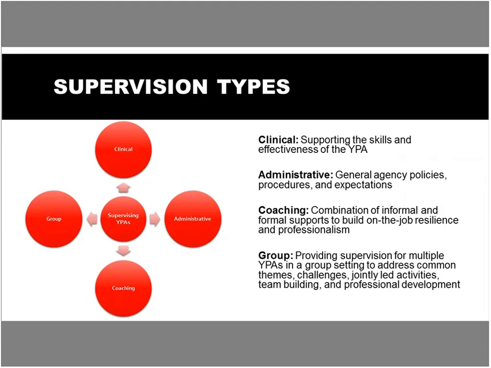All right, so we've set the tone or foundation for considerations. Supervisors have a unique role overseeing and mentoring the youth peer advocates, many of whom will be new to this type of professional role. The goal of the youth peer advocate supervisor is to be a coach, mentor, and sounding board for youth peer advocate innovation and on-the-job struggles. Supervision of youth peer advocates must be multidimensional. So we've laid out supervision types into 4 categories, and we're going to take a look at those categories.